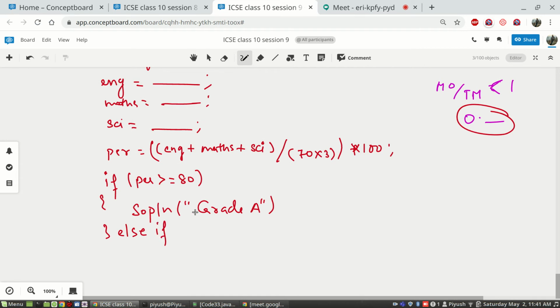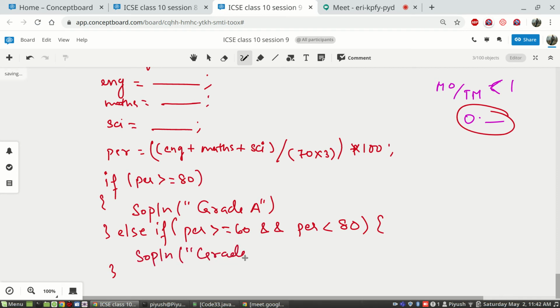Else if percentage is greater than equal to 60 and percentage is less than 80, because 80 is included above, so we'll keep less than. In that case you will print grade B.